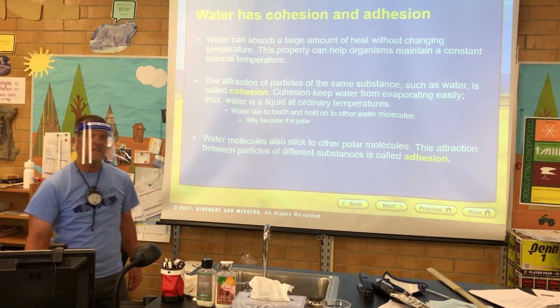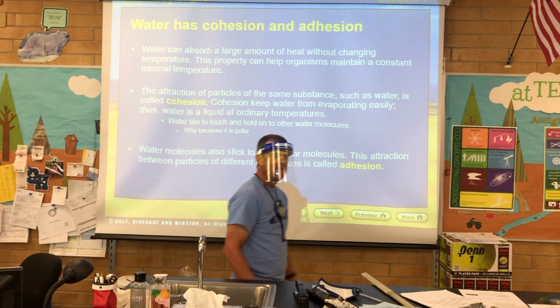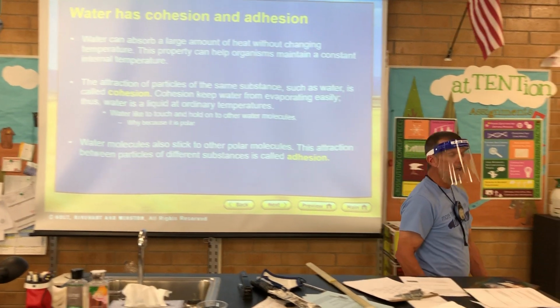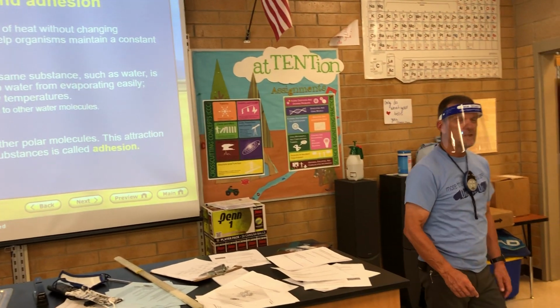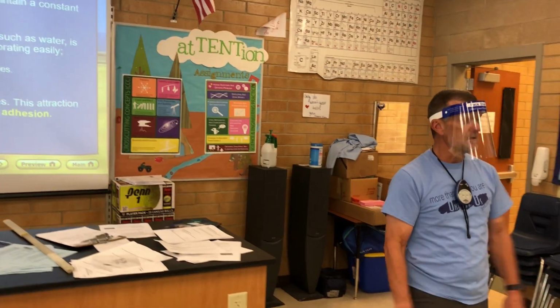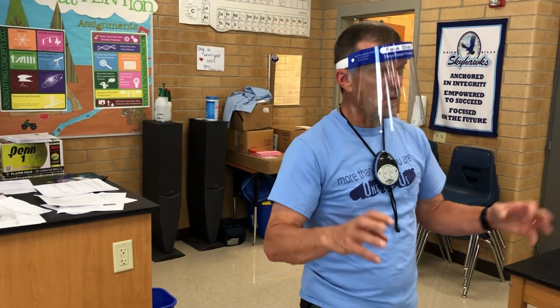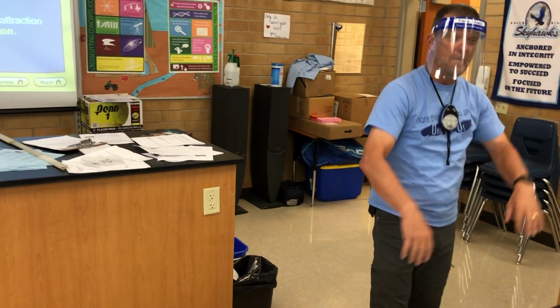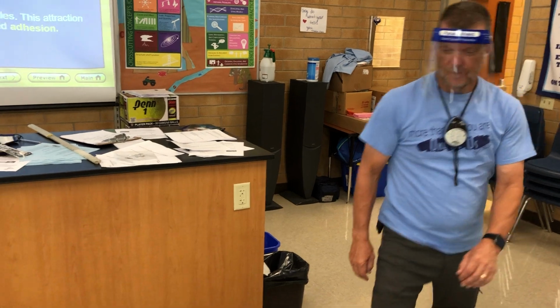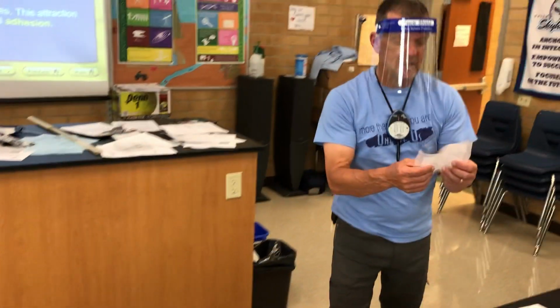So water likes to touch other things also. In fact, it likes to touch other things that also have some slight polar properties. So paper is also made out of stuff that is polar. So if you put your water drop on here, the paper will absorb the water, or the water will want to touch the paper. But when we put the water drop on the wax paper,